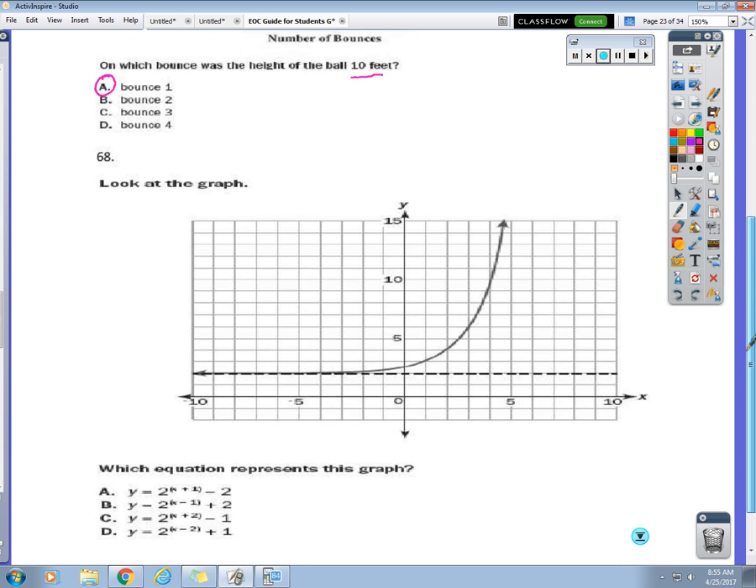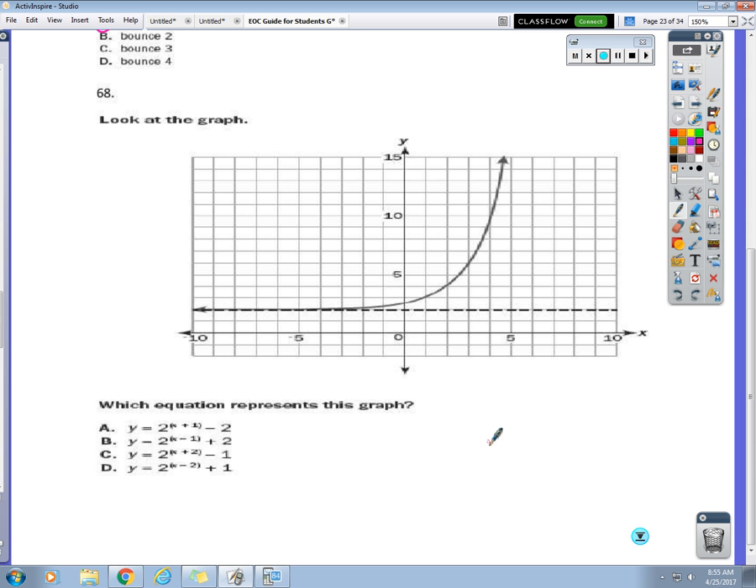All right, 68. Look at the graph. Which equation represents this graph? When you tried it by yourself, what did you select? Anybody get anything different? Okay, B is correct. The easiest way to figure this out without actually graphing all four and trying to match up the points